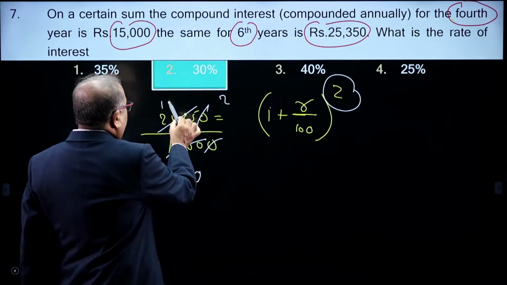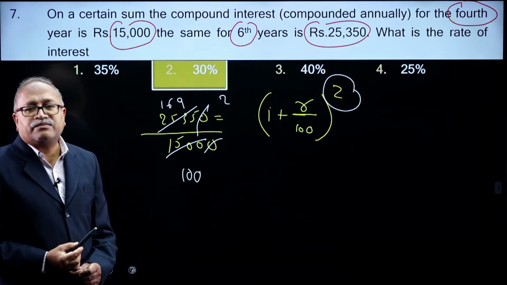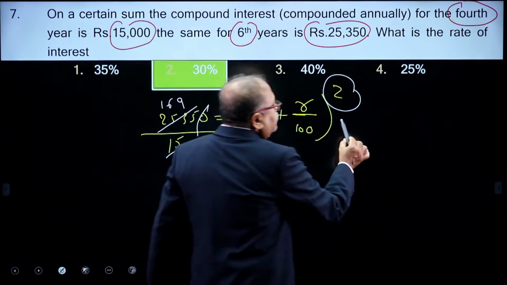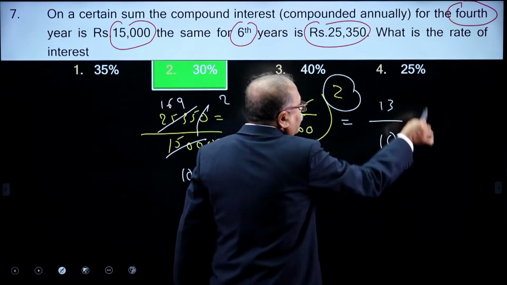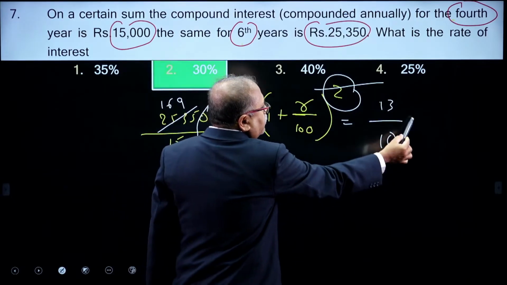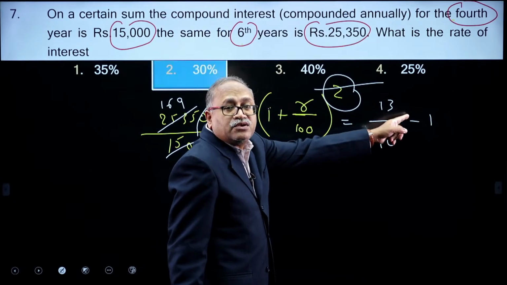Yes, and the next one is the 9 times. I can see that this is (13/10)². So, I can write this as (13/10)², and I will cancel this one. Now, you understand, if I take the 1 to the other side, it is minus. So, that is 13 minus 10, which is equal to